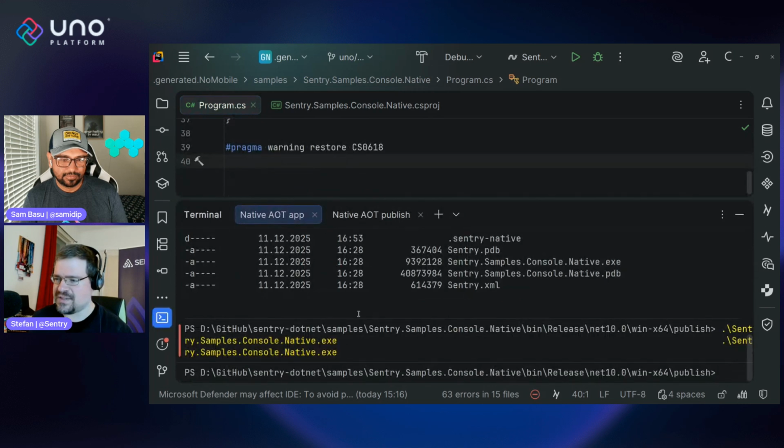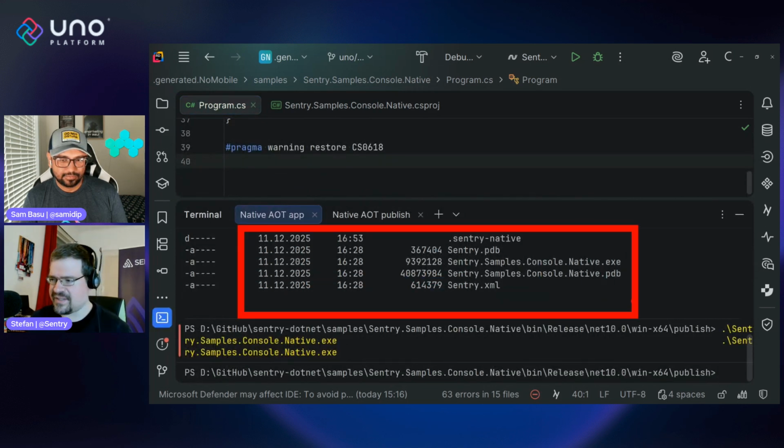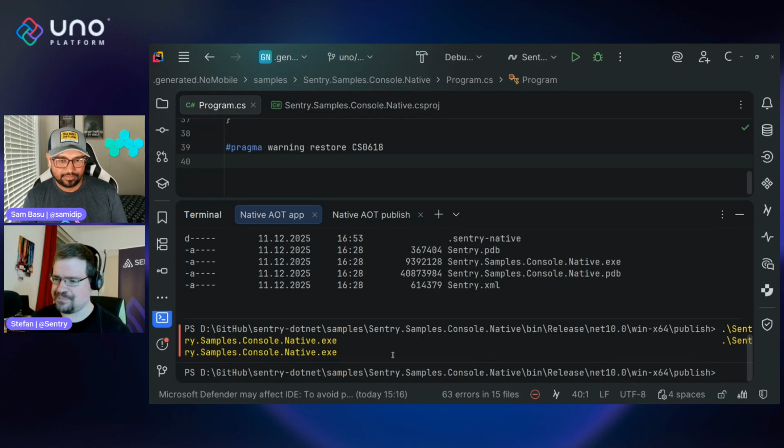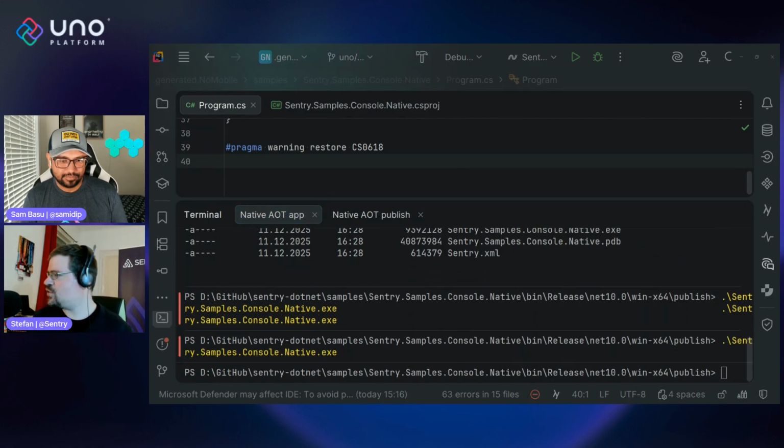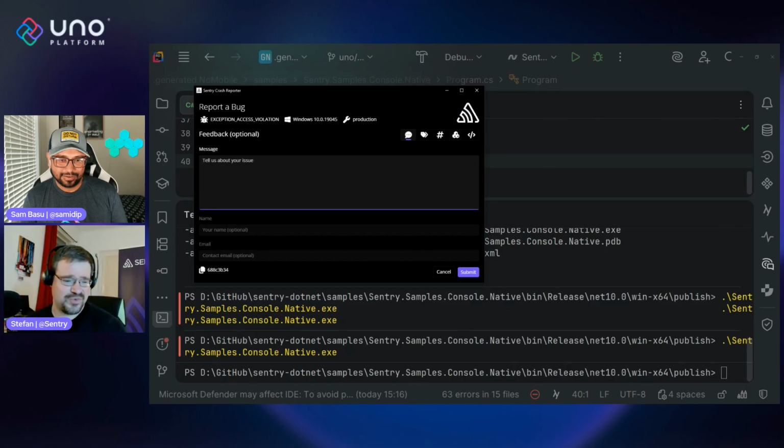And when we run these applications, we see this has been Native AOT deployed, and it self-contains. It's just a single application. And when we run this, it just goes boom immediately on my second screen. Wow, that's quick. Sentry crash reporter just spawned up, and we get all of the information that was related to